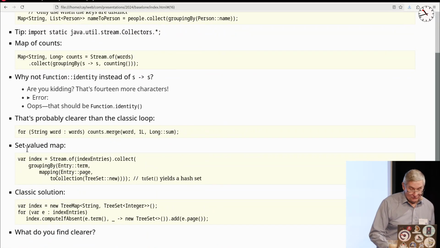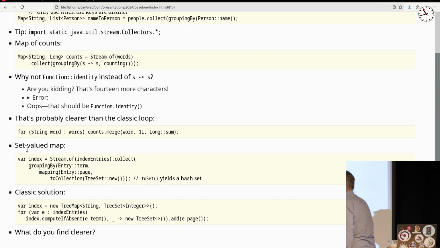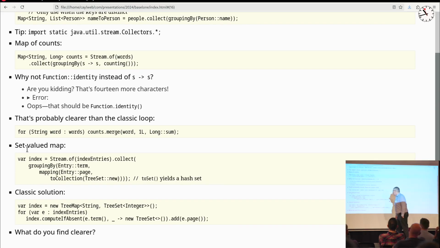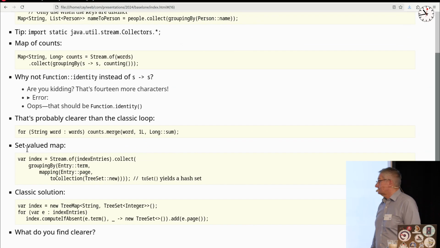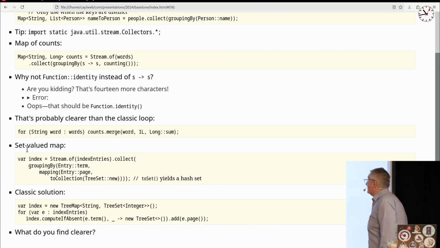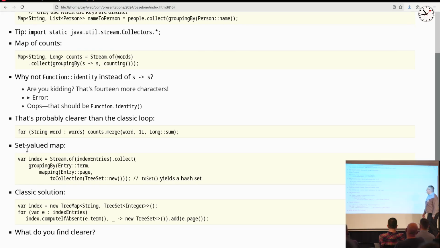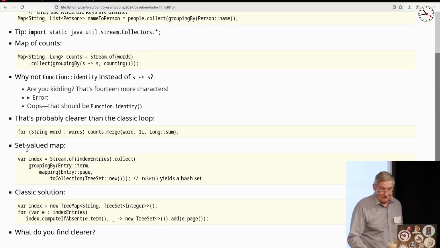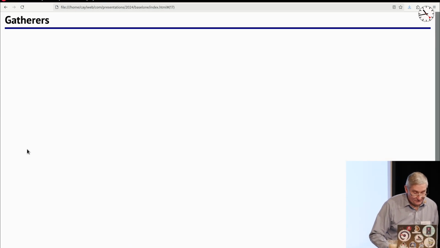Oh, and the classic solution here, by the way, there is a classic solution for collecting to sets, and it works with compute if absent. And again, I know that it exists, but I have to look it up every time. So I find that here the collectors have the definite advantage that once you remember that you should use collectors, you're probably driven to the right solution. Whereas if you use the classic maps, you just kind of have to remember that there was merge and that there was compute if absent and when to use what. And I found that as a slight drawback.